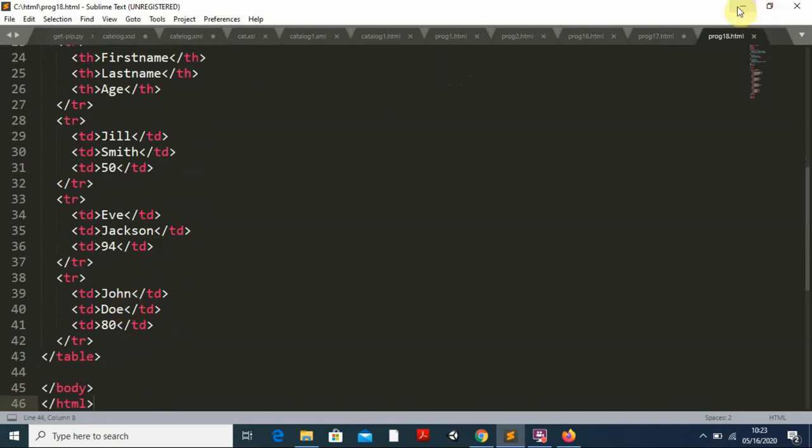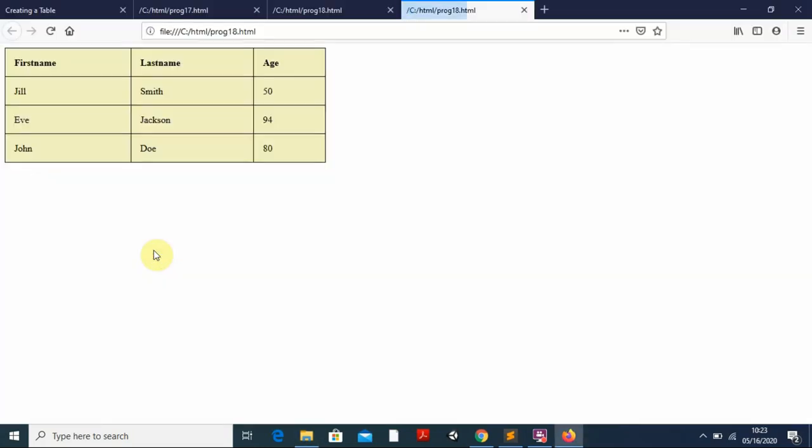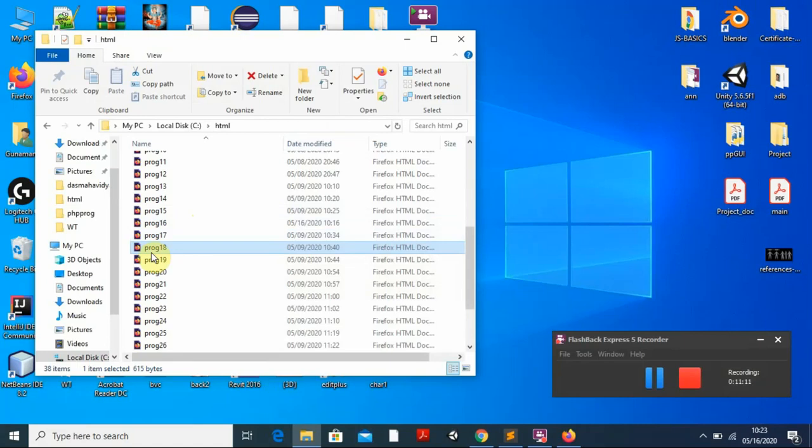And once all the things are completed, you run this, you can see the program number 18 will appear like this. So recently you might have seen in an Excel sheet, it comes with different lines with different colors. That also you can do. Let us go for another example, that is example number 19.